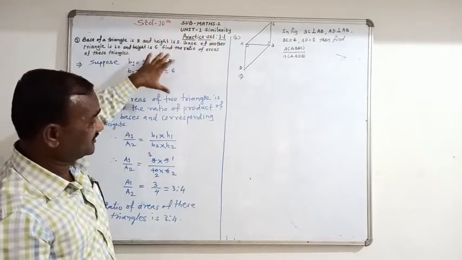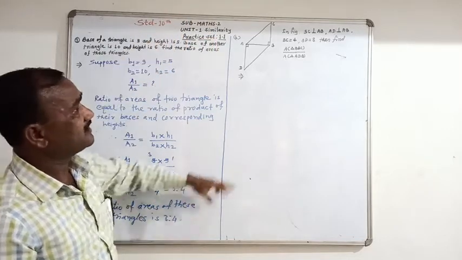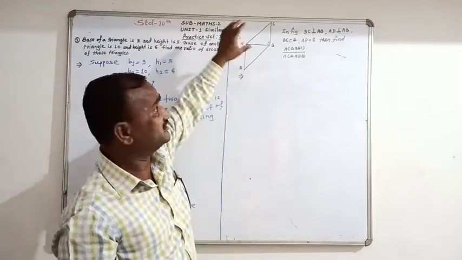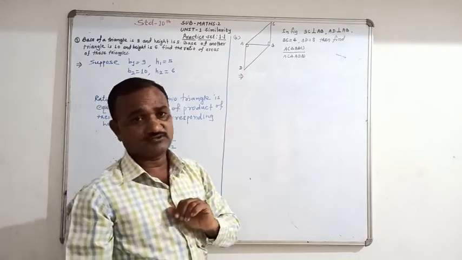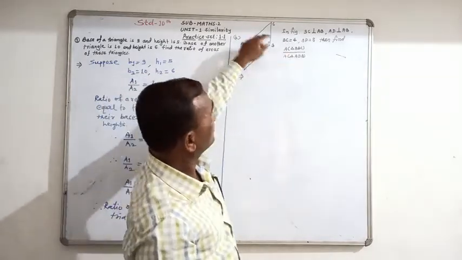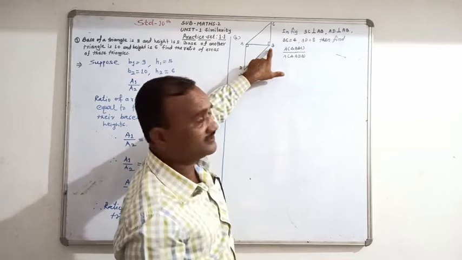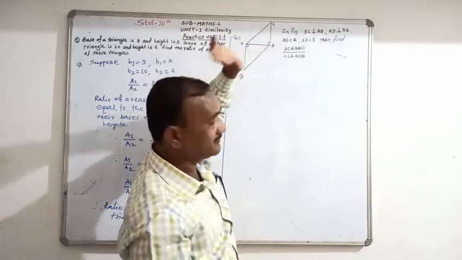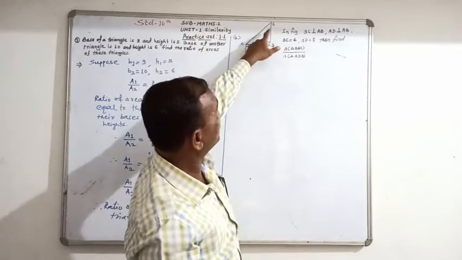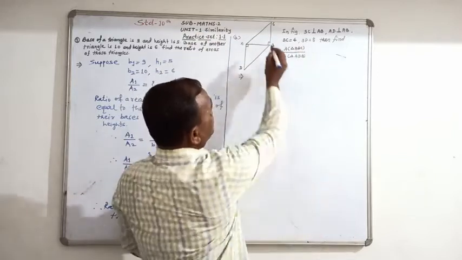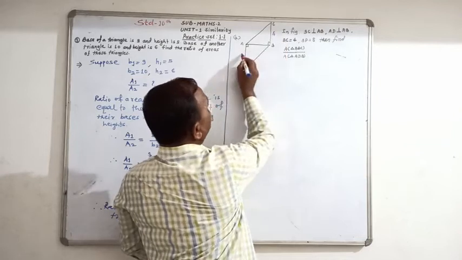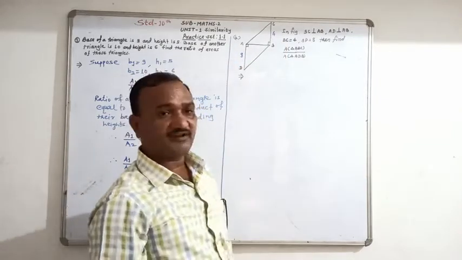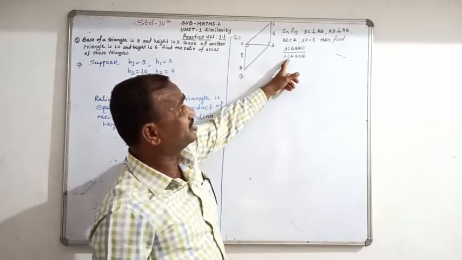So we got the answer of the first example. Now the second example we also solve here. In this example, a figure is given. So what is the given information? In the figure, BC is perpendicular to AB and AD is perpendicular to AB. BC is given as 4 and AD is given as 8. And find the area of triangle ABC divided by the area of triangle ADB.